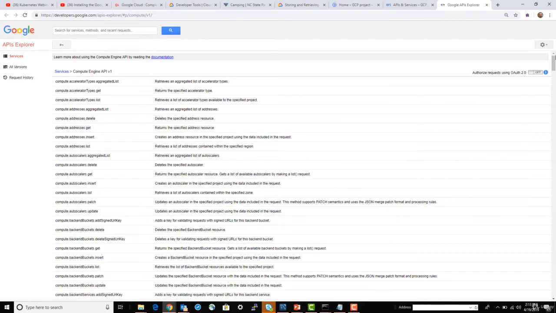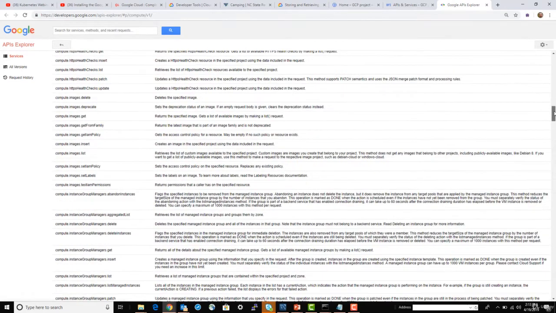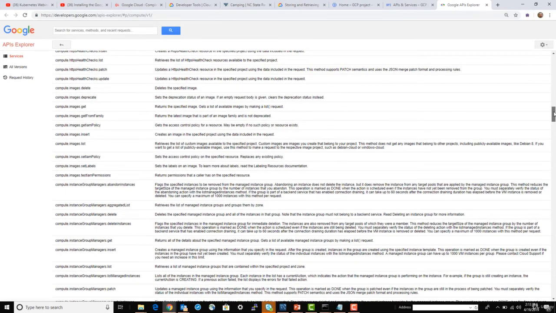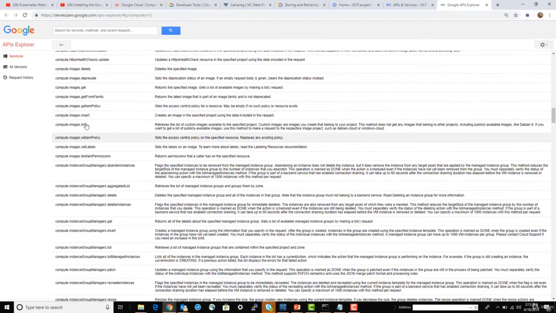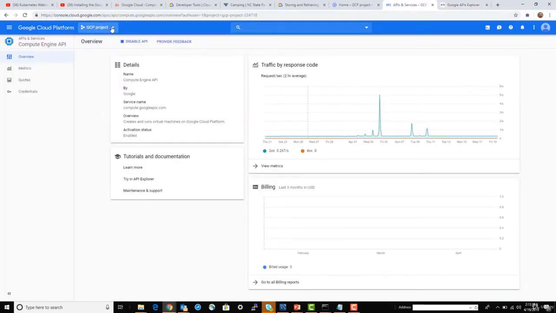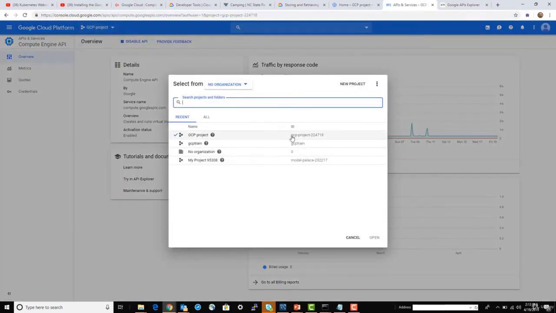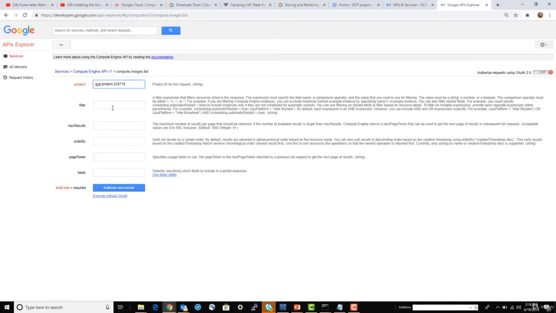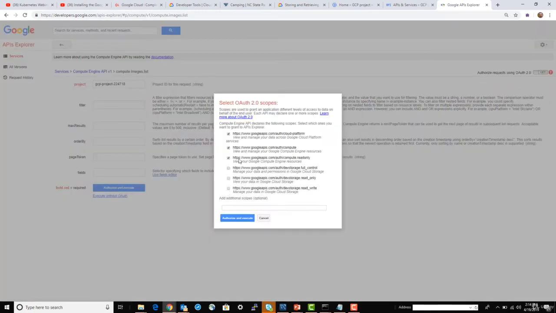Let me see if I can get something. Compute image list. Okay, so I need to give the project ID. I can give the project ID here. And I can provide any filters, max records that I want, order by, page tokens,